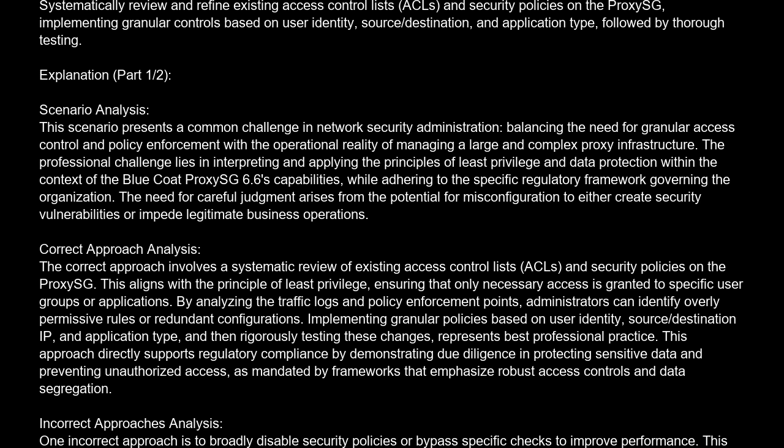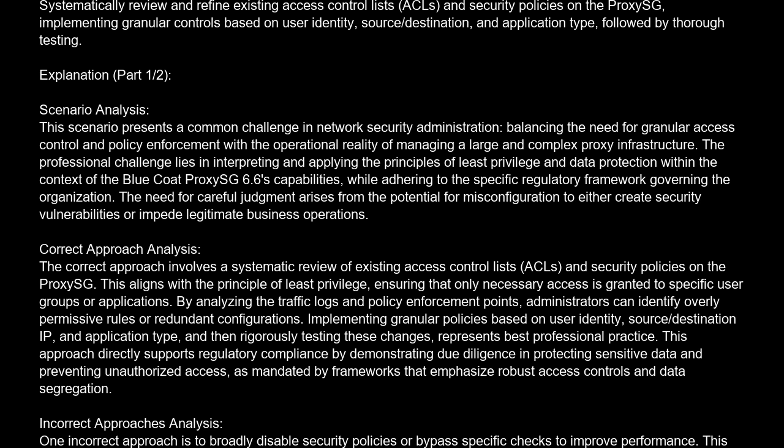Explanation. Scenario analysis. This scenario presents a common challenge in network security administration, balancing the need for granular access control and policy enforcement with the operational reality of managing a large and complex proxy infrastructure. The professional challenge lies in interpreting and applying the principles of least privilege and data protection within the context of the Blue Coat ProxySG 6.6's capability, while adhering to the specific regulatory framework governing the organization. The need for careful judgment arises from the potential for misconfiguration to either create security vulnerabilities or impede legitimate business